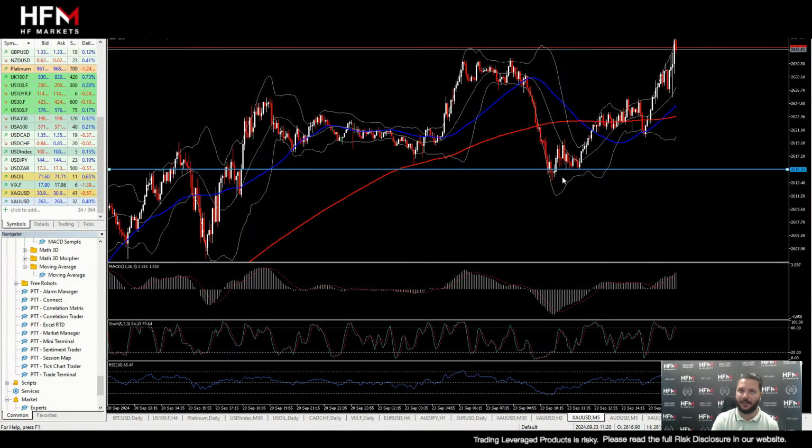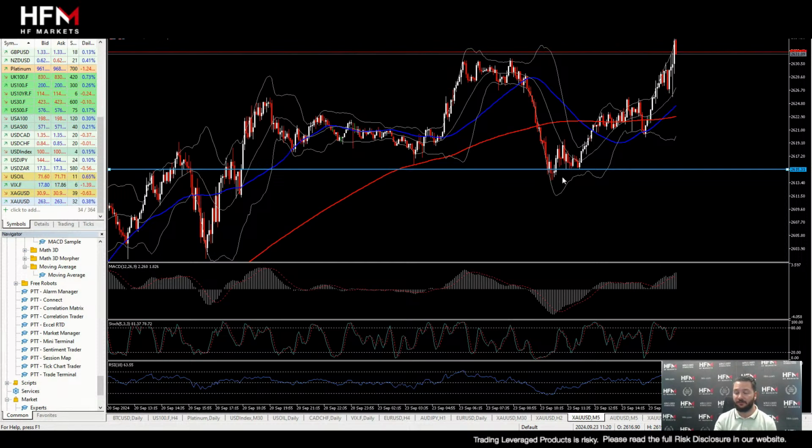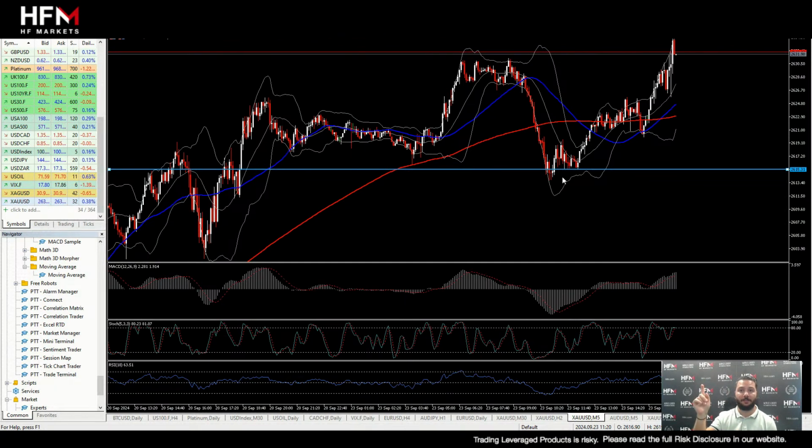Now, some people may say it's risky to start trading before the price movement has happened. So there's two things you can do. Number one, you can open a very, very small trade there if you wish, if you believe the market is indeed going to trade back in favor of the trend there. Because keep in mind, we're not saying the trend is going to change there. We're just saying the trend will gain momentum again there. So keep that in mind.